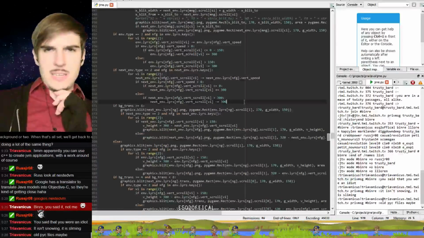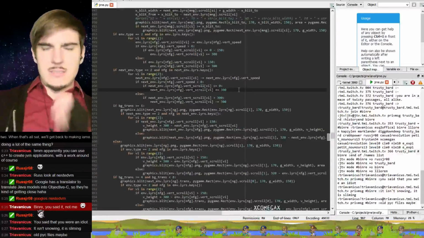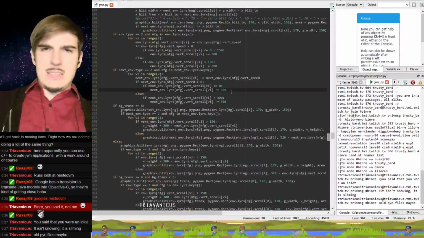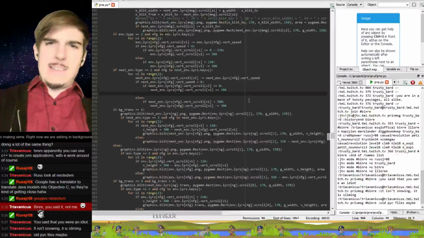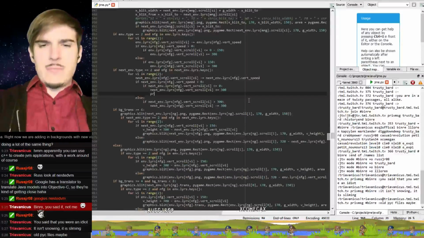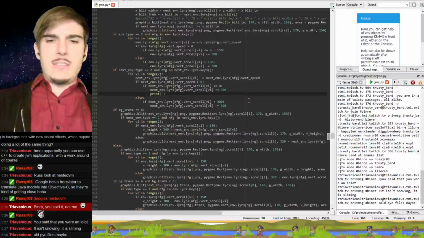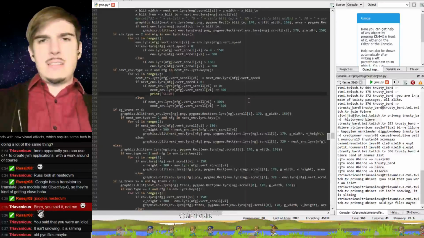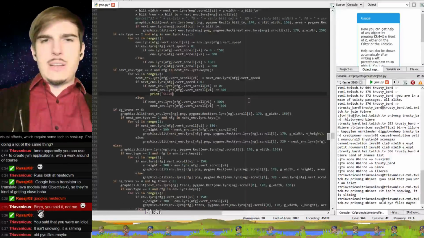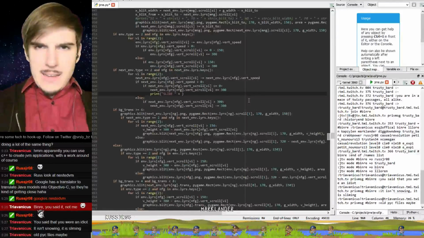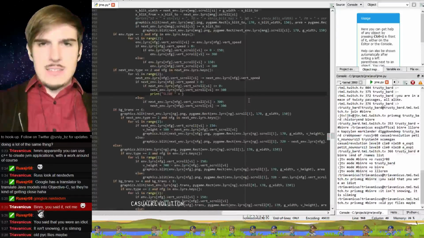So I'm gonna put in a print that says print slide plus vertical index as a string.